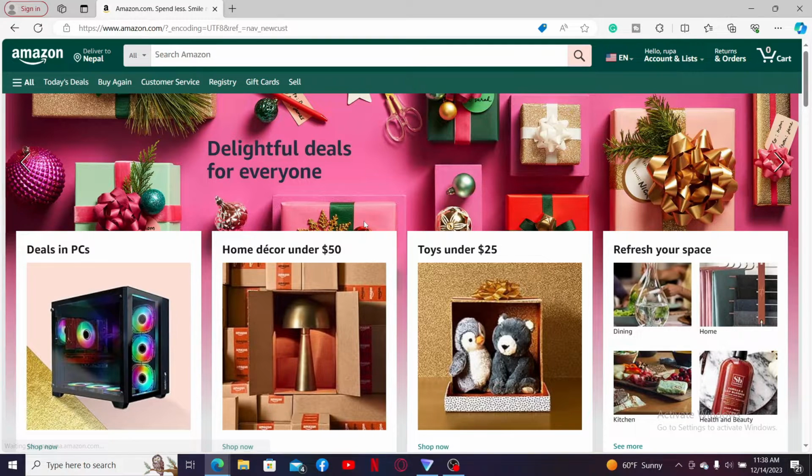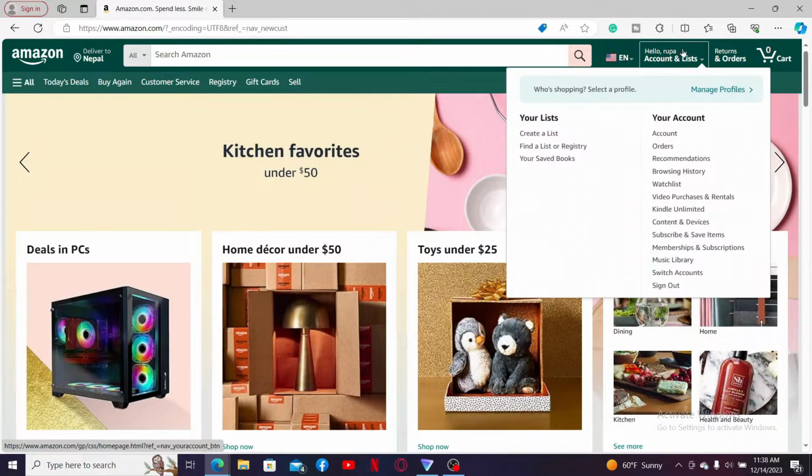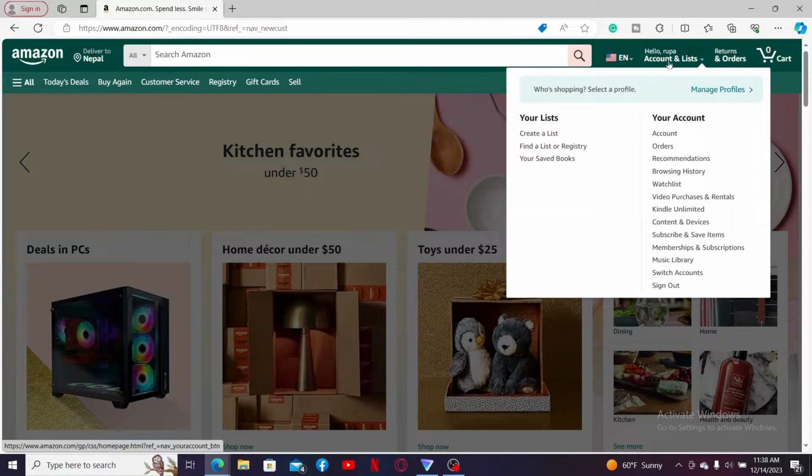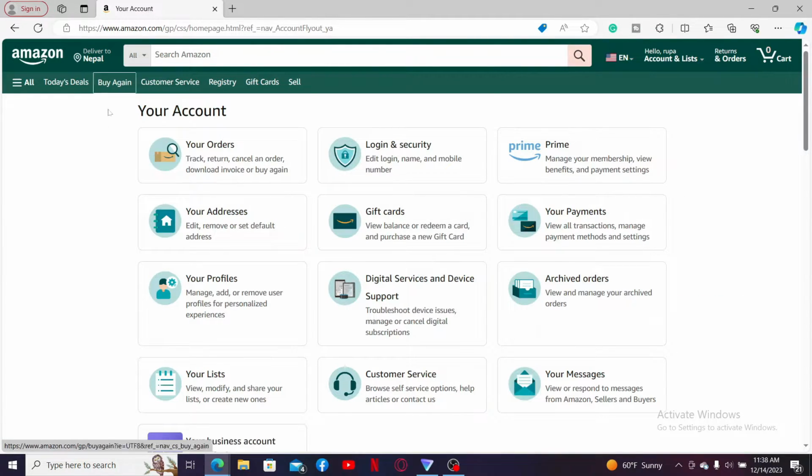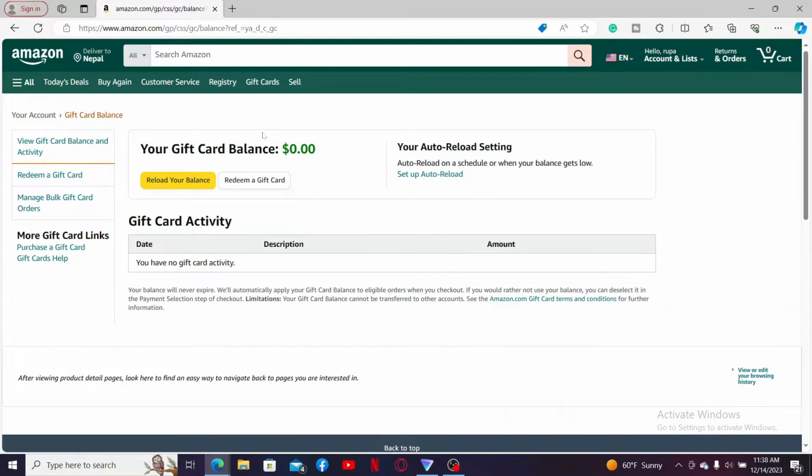Once you are signed into your Amazon account, go to the top right hand corner of the screen and mouse over to your Accounts and Lists drop-down. Now select the account option from the list and then under your account, click on Gift Cards. Now, if you already have a gift card added to your account, your gift card balance will be shown on the top. If you want to activate or redeem a new gift card, click on Redeem a Gift Card button